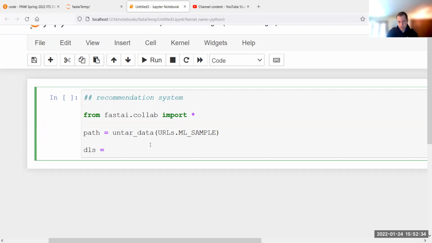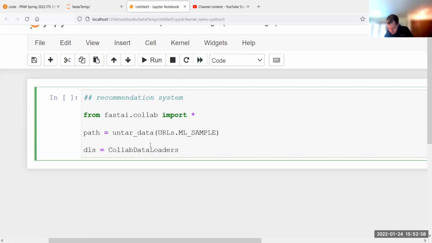DLS is actually the data set as we've done before. And now we use the Colab data loaders for these collaborative things. Forget the term for this. I think it's like collaborative filtering or something.